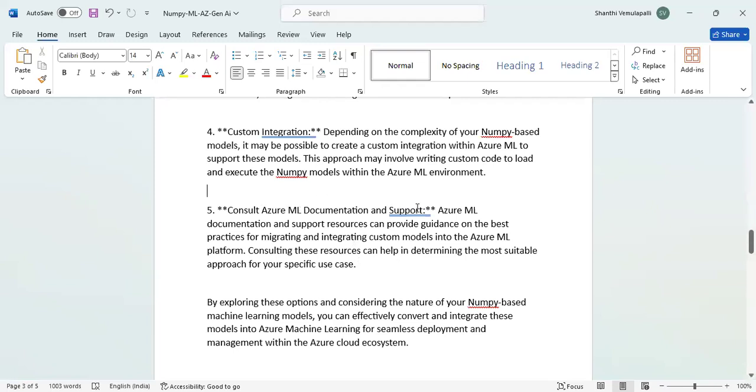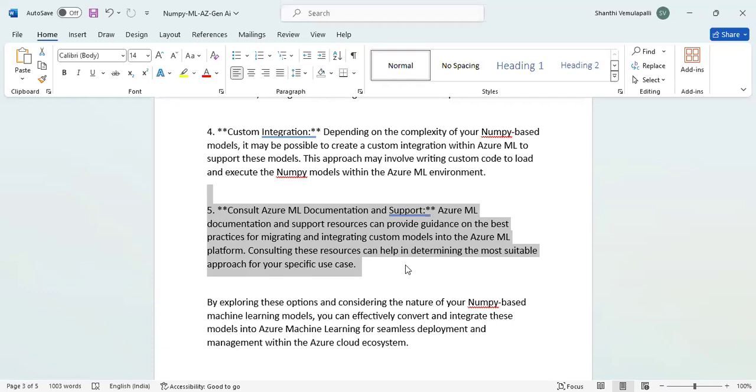Consult Azure ML documentation and support. Azure ML documentation and support resources can provide guidance on the best practices for migrating and integrating custom models into the Azure ML platform. Consulting these resources can help in determining the most suitable approach for your specific use case. Basically, in the documentation, they have given how these models can be converted from NumPy to Azure ML via different tools.